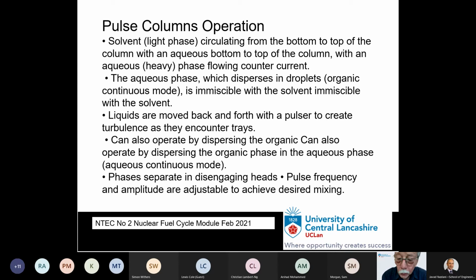Okay, so what happens in a pulse column? If you recall in the illustration of the column, there is what's called the pulse limb. This sits, if you like, outside the column, but parallel to the column, and it's in the pulse limb that you're actually creating the pulse. You exert a pressure and then relieve the pressure, exert a pressure and relieve the pressure, and this is what creates the pulse. Hence why we can get this good mixing of solvent and aqueous phases. Okay,